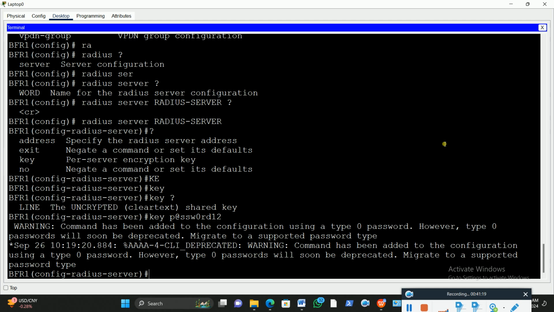It's a warning. Command has been added to the configuration using type 0 password. However, type 0 password will soon be deprecated. Migrate to the supported password. So the set of it is there, the time, then the AAAA over there. Then with this one that you are seeing, which is the 4 A's, it doesn't mean accounting, authorization, and auditing or something. It's talking about